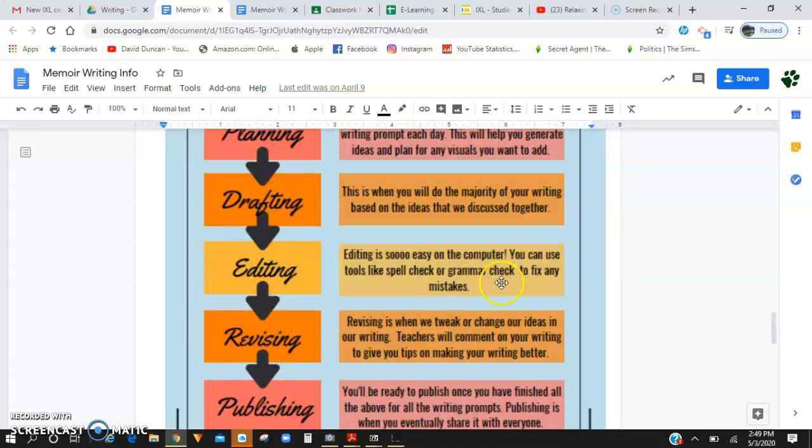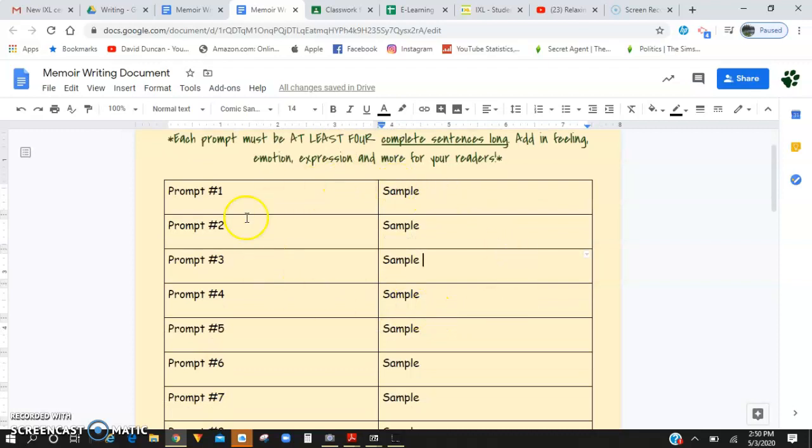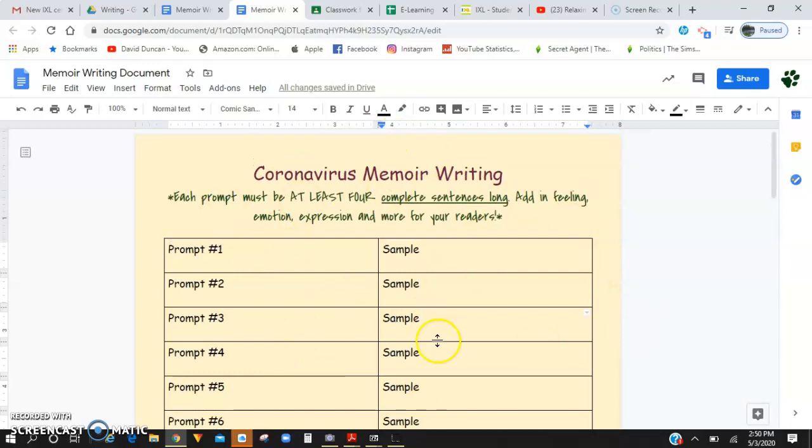But to do the editing phase, I need you guys to go towards your document that looks like this. This is what you guys hopefully were working on during your writing phase. Now, I was not writing along with you guys. Instead, I just wrote sample, sample, sample, because I'm going to be having you do some formatting in here right now, and I need to have the text to show you what that's going to look like.